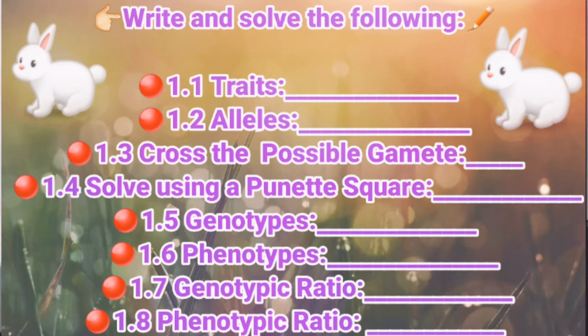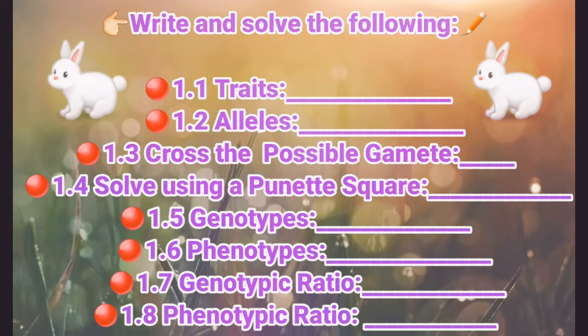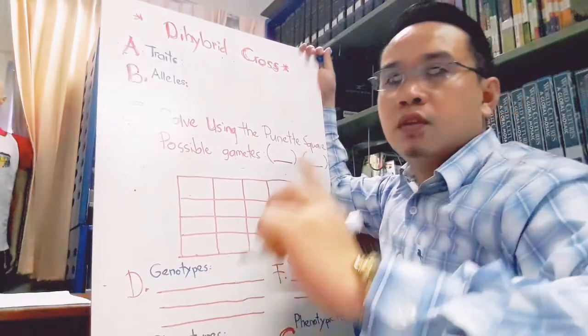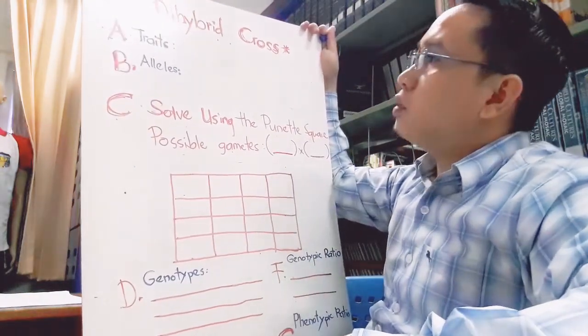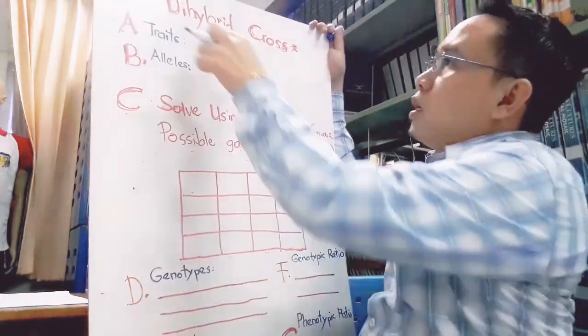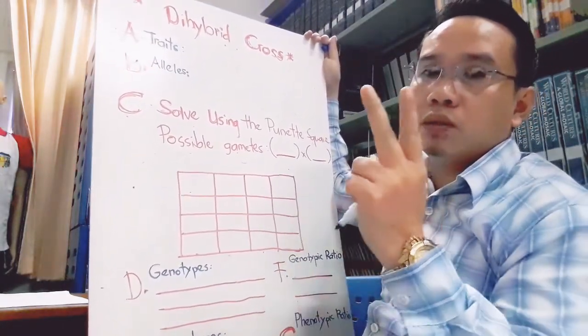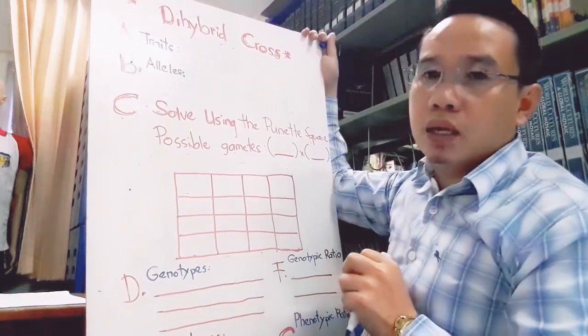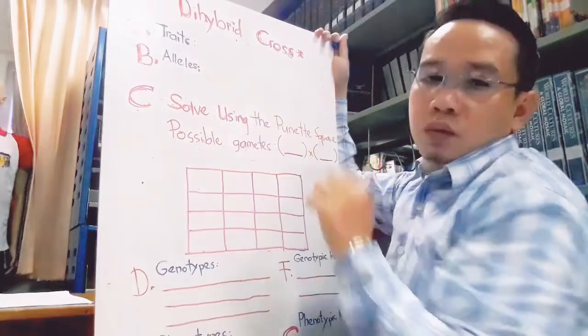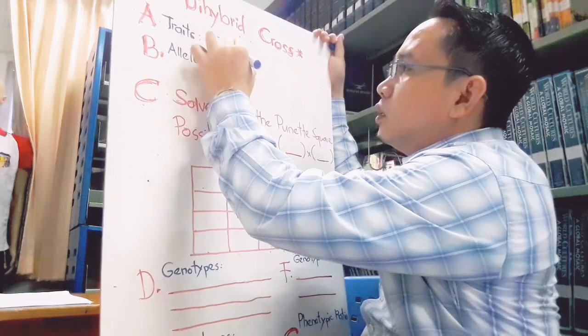So what shall we do? This is the way I'm going to present it, step by step. First, we have to find out the traits, right? In this section, we need to use a dihybrid cross. So what are the traits in dihybrid cross? Let us remember that there are two important traits being combined, right? So the traits are the fur color,